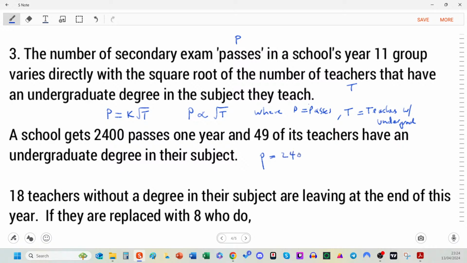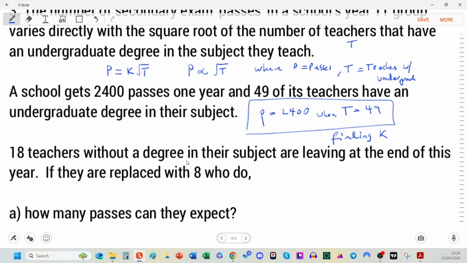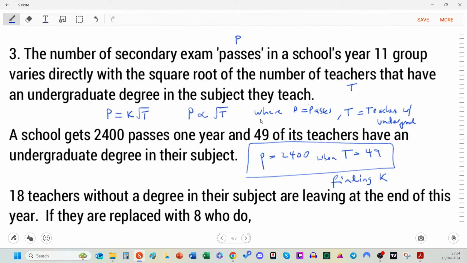So P is 2,400 when, we should write when T equals 49. So this is useful for finding k. See how we're just answering this question and we haven't even got to the question yet, but it's good to know where it's leading. I only know that because it's very typical, right? We've got an equation, we've got 3 unknowns, we need to find k, so we need to be given a